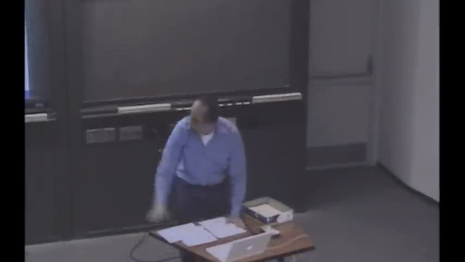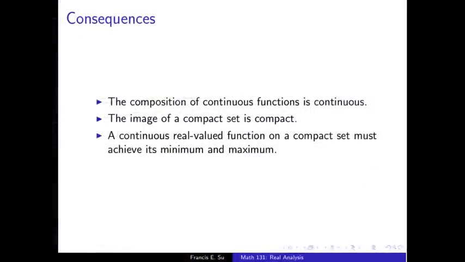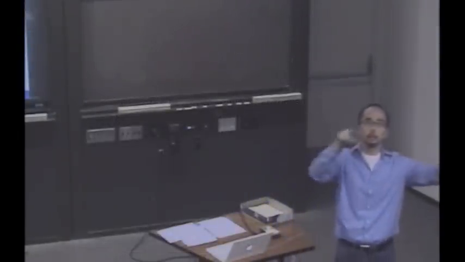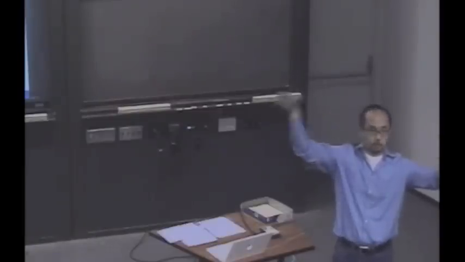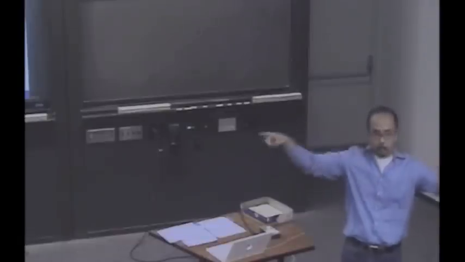We proved the third and fourth definition. Some of the consequences we saw of the open set characterization, which are very easy to see from that definition, is that the composition of continuous functions is continuous. Why? Well, if you have a map from space X to Y and Y to Z, and these are both continuous, then you know the inverse image of an open set going from here to here is open, and the inverse image of this set is also open because this one was open. And so the inverse image of the entire composition, inverse image of an open set, is open.